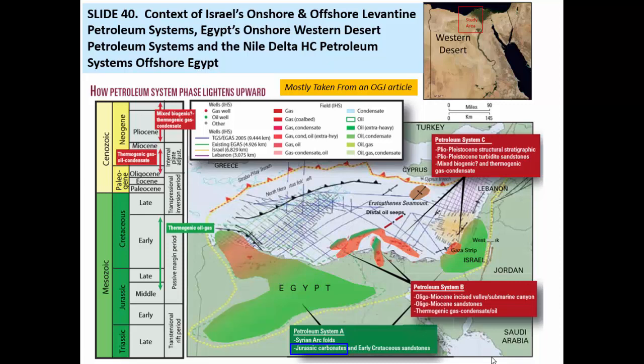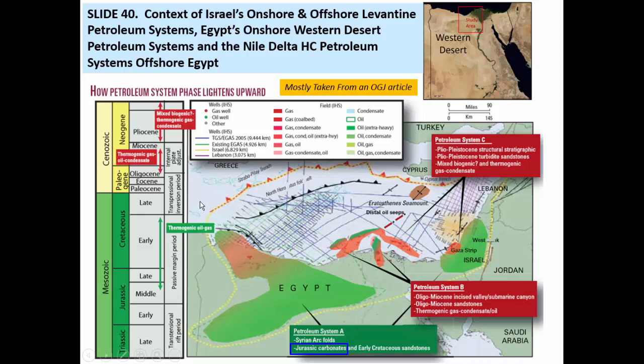This one is mainly in the Jurassic carbonates, the early Cretaceous sandstones. This occurs down through the western desert area up in here, and actually some here in Israel also. Then you go to the system B here, which is kind of the offshore in the Nile Delta, and then the C, which is stuff offshore Israel here. But what you'll notice here is that you get transpressional through about, I just see here, passive margin here, and it goes to transpression. So you get